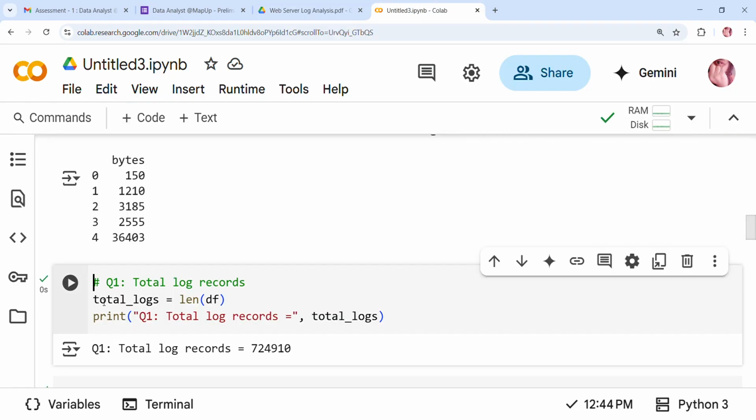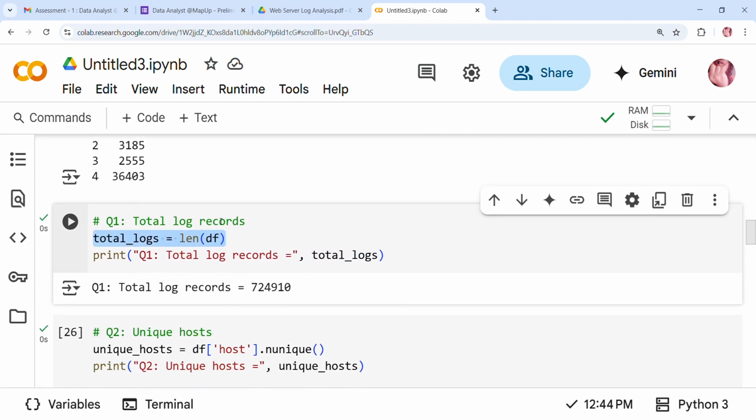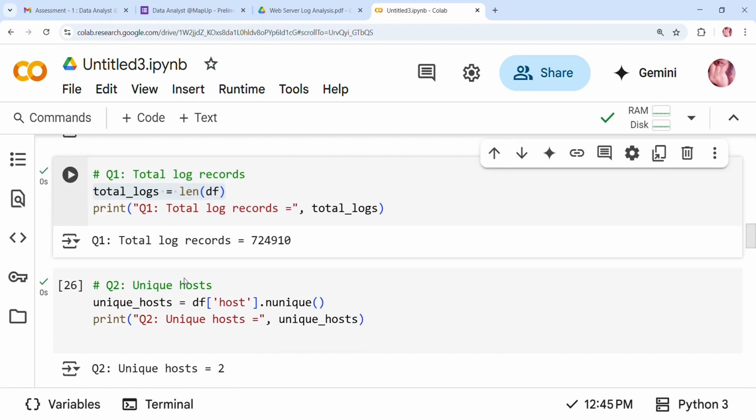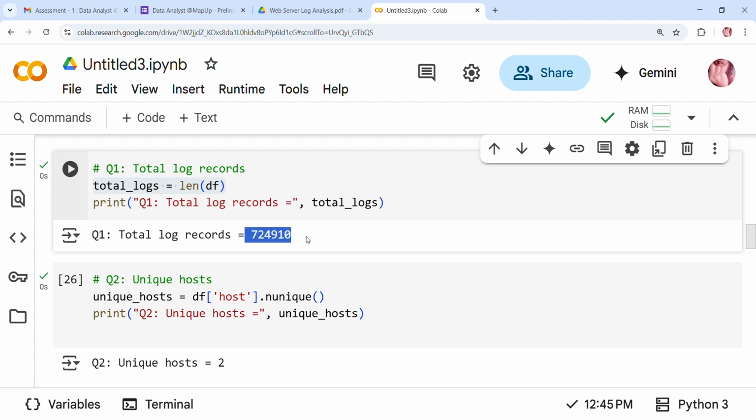What code did I write? Total logs equal to length df. What is df? This is a data frame. From this data frame only we got the data. So length df counts how many rows are present, and total logs will give me the total records the log file has. Okay, so I got this output here. I'm running this code before you, so yeah, I got this output here. And next,